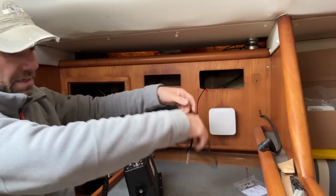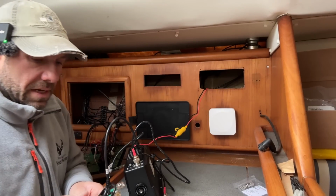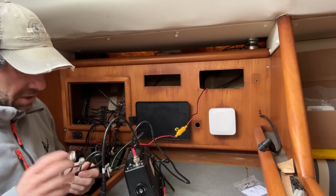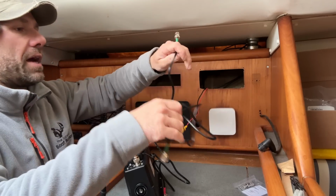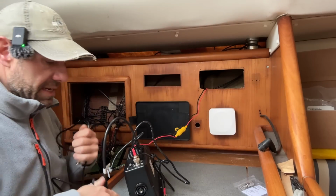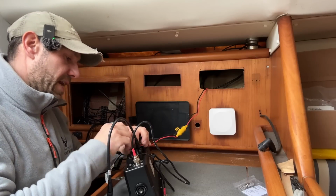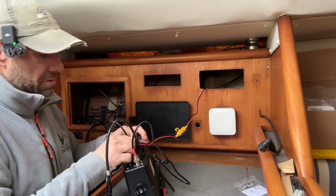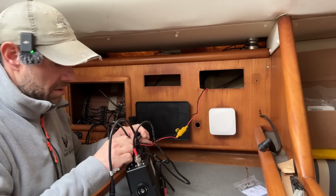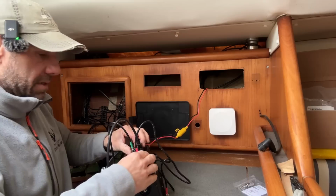And then this one here, which has a smaller connector on it, this is the AIS antenna in. Now this does have an inbuilt GPS receiver. All AIS transponders have to have their own GPS or source of GPS data. So the antenna on this is a little patch antenna, which should work okay through the deck, but we will have to test that once it's all in to check that it's got a decent view of the satellites zooming overhead. Right, that is all the cables on,